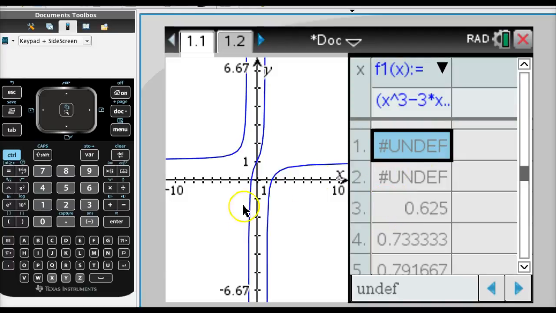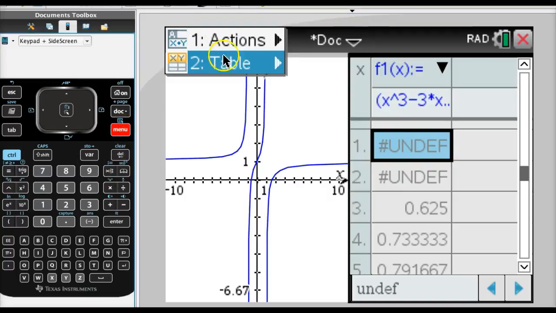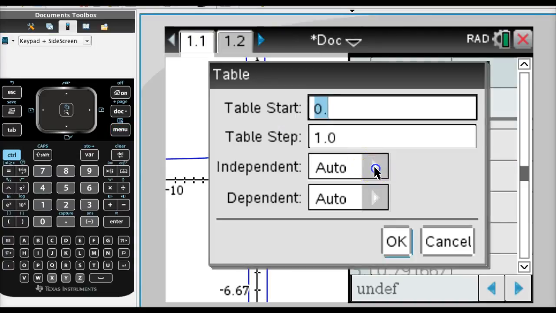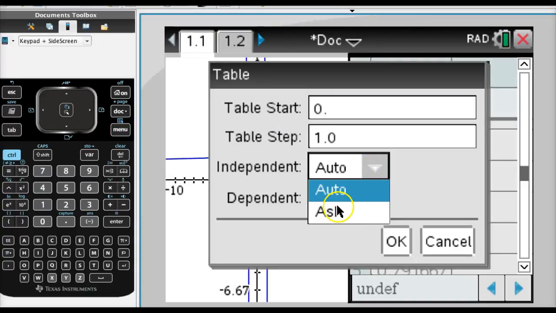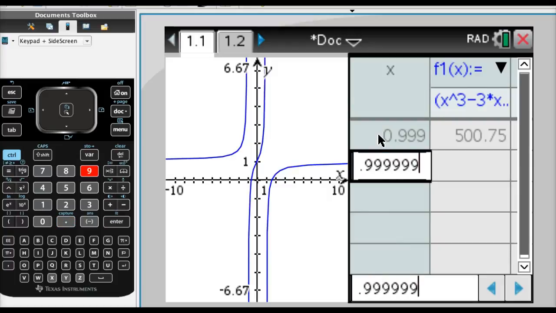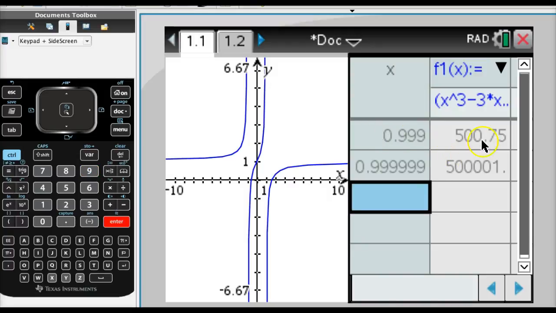Now these are the 2 values that I want, but I want to look closer in there. So when you're in here, you go to Menu, and it says Table, and I want to edit table settings. If you want to plug in values, you go to the independent and you press Ask. Nothing there. So that's what's happening. So if I go 0.99, I'm getting closer and closer to 1. 0.9999999. As you can see, I'm going off to infinity as I get closer and closer there. Similarly, if I go this way,